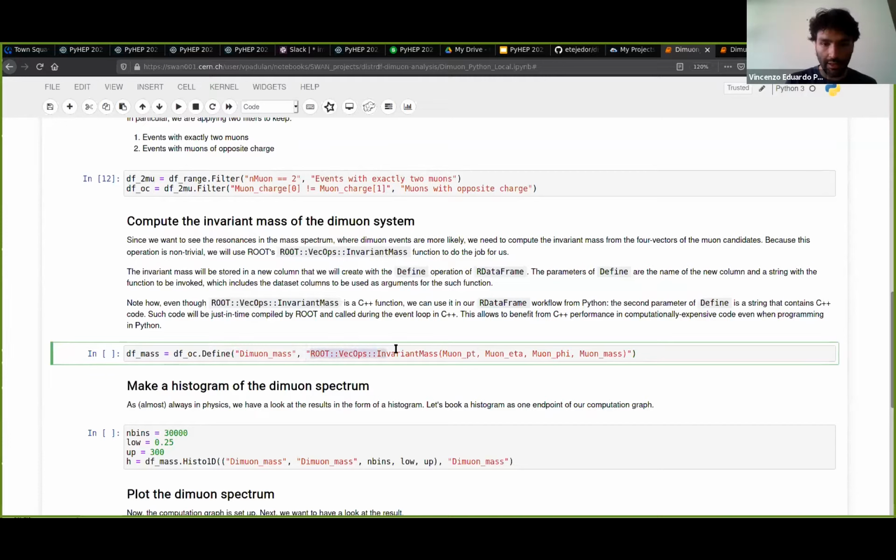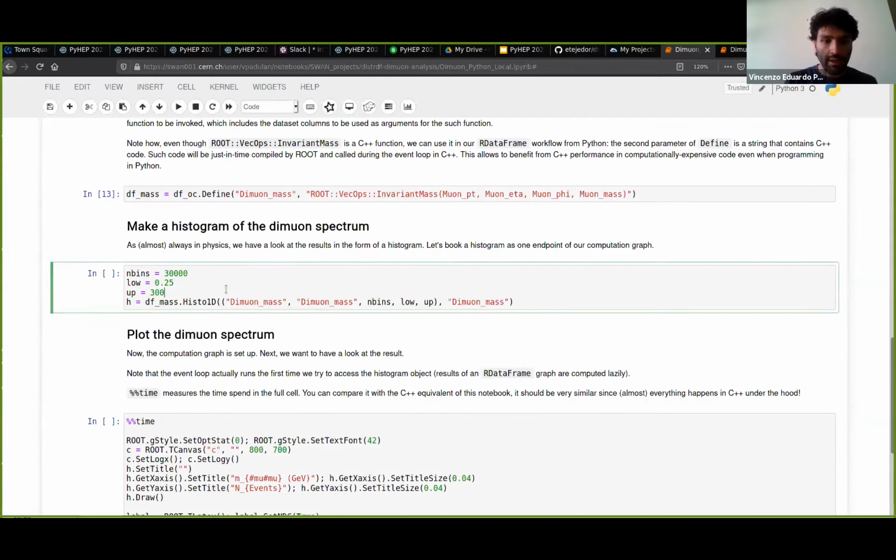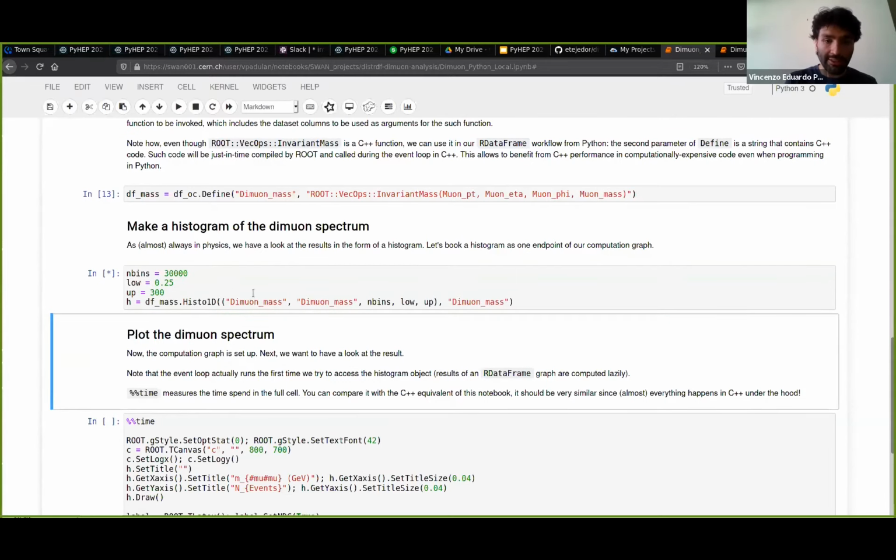This operation is actually written here, and we are calling from PyROOT, from this Python interface, a function that is inside a ROOT namespace. So this function is actually a C++ function that's implemented inside ROOT. And we are creating a new column in the dataset thanks to this Define operation in RDataFrame. And then finally, we want to retrieve the final result, which is the histogram, a histogram of this column that